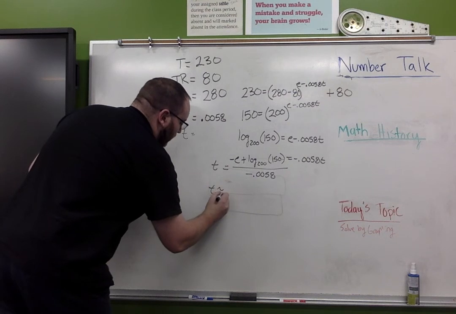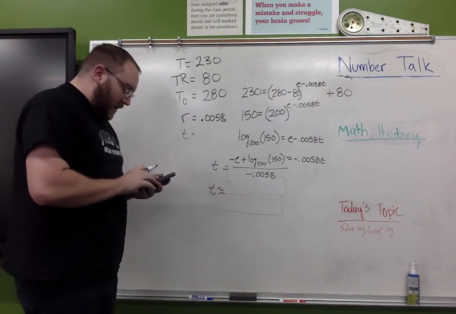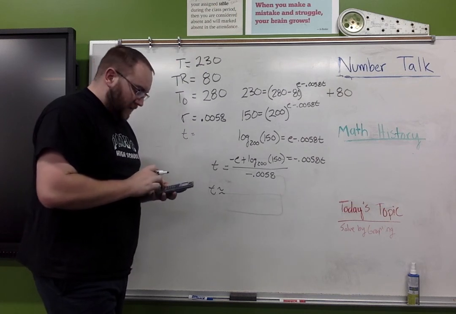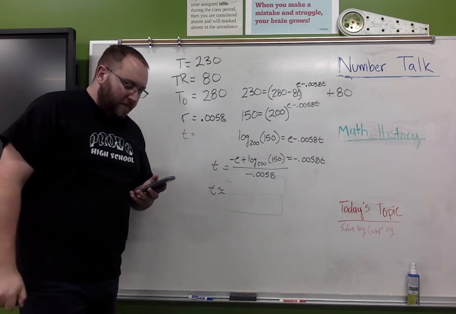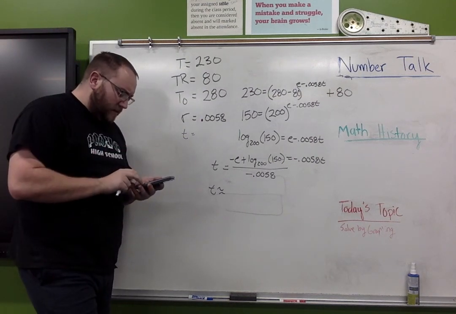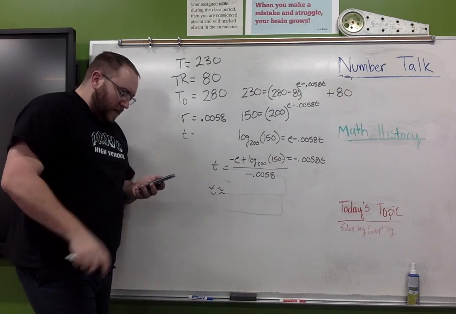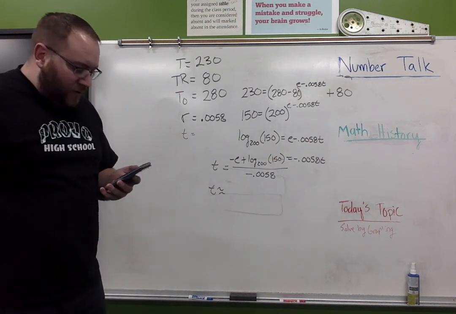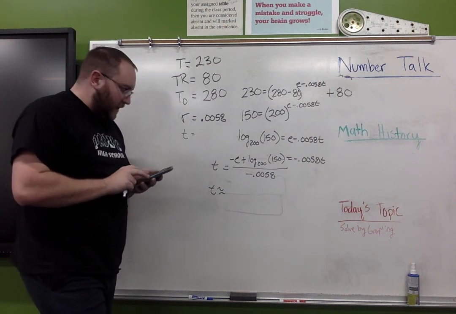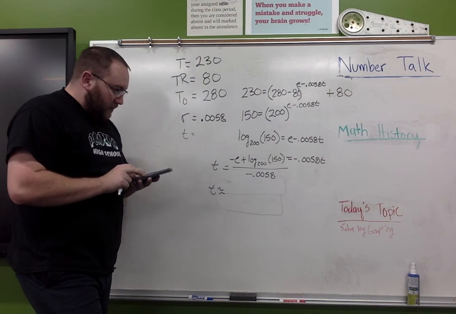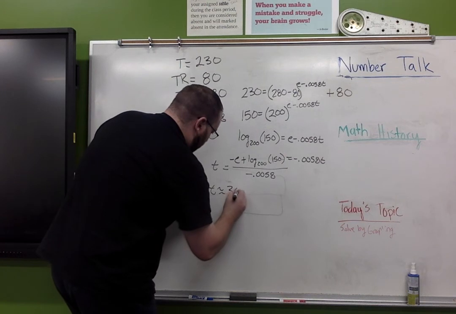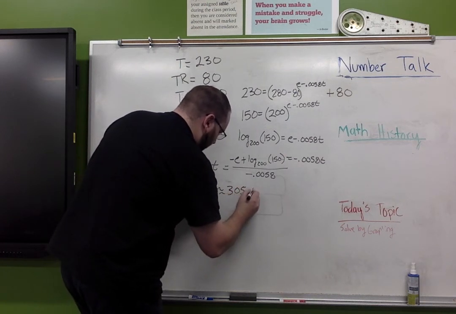So we're going to plug that in our calculator. So let's see, we have log base 200 of 150, we get 0.94570311256, it keeps going on forever. Subtract e, so minus e. That gives us negative 1.772578703, and it goes on forever, right? And then divided by negative 0.0058. So T is approximately 305.6 minutes,